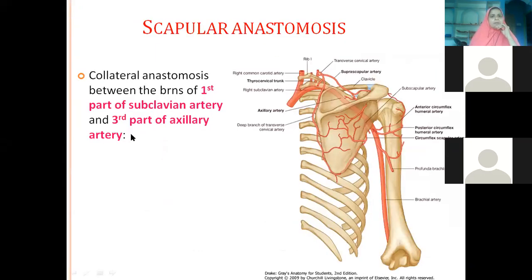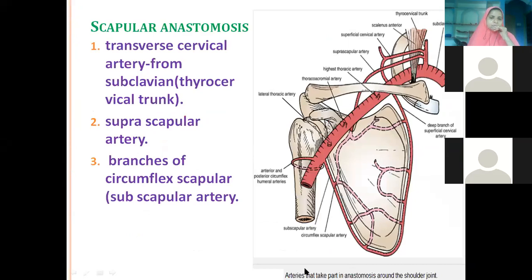See, scapular anastomosis. So what is scapular anastomosis? Around the scapula, we have 3 blood vessels which are forming a network and giving blood supply to the scapula bone. So that forms scapular anastomosis. So what are the branches we see? Transverse cervical artery. So transverse cervical artery is one of the branches coming from subclavian, that is the thyrocervical branch. It comes like this. Okay, this is transverse cervical. Then we have, this is